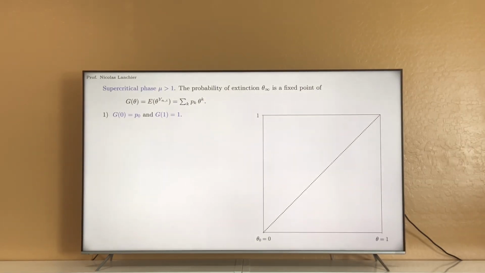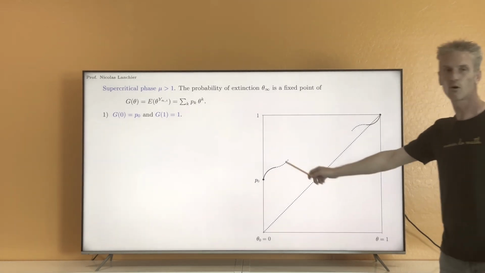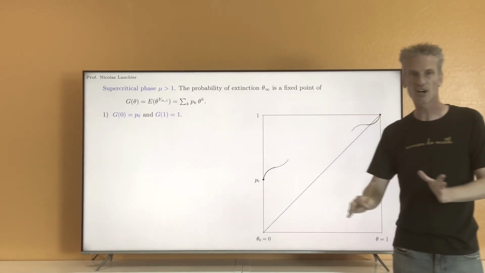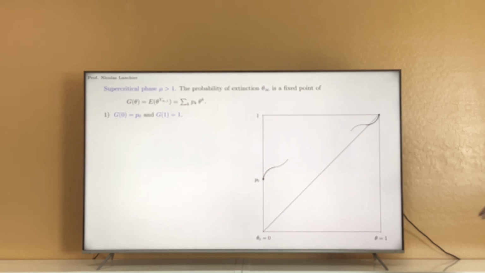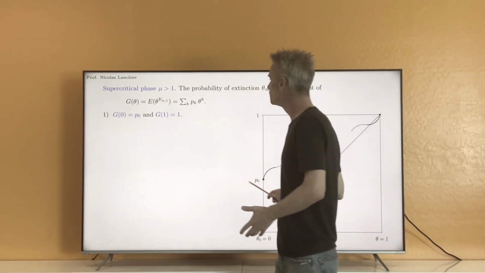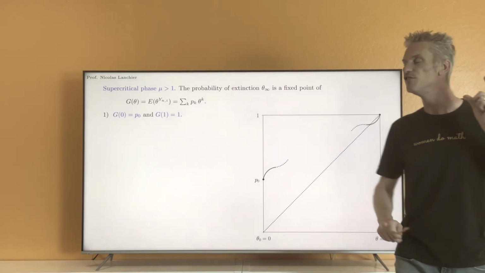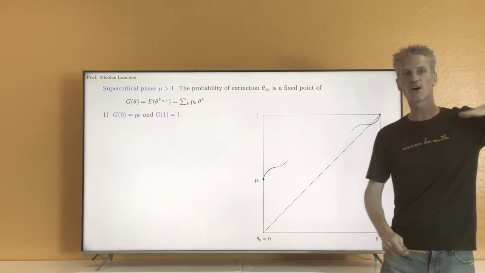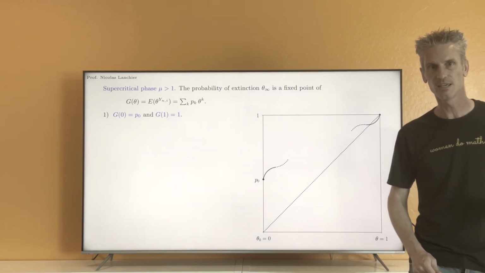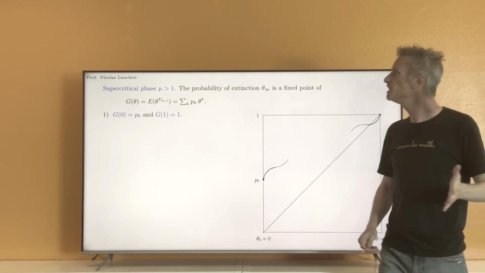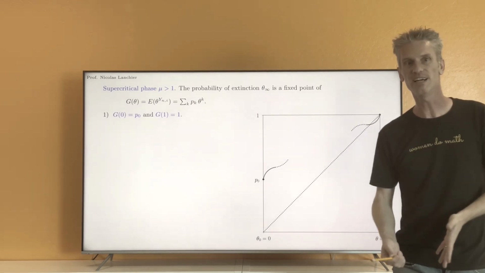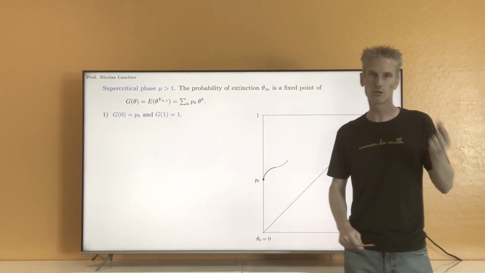And so that tells you for the graph of the function that we have something like that. We start at p0 here and we end up at 1 here. Alright, so the p0 here in the picture, I'm taking it strictly between 0 and 1. Notice that indeed p0 cannot be equal to 1. If p0 equals 1, that means that all the individuals give birth to 0 offspring with probability 1. In this case, mu would be equal to 0, okay? But we assume mu is strictly larger than 1. To be in the supercritical phase, we cannot have p0 equals 1.